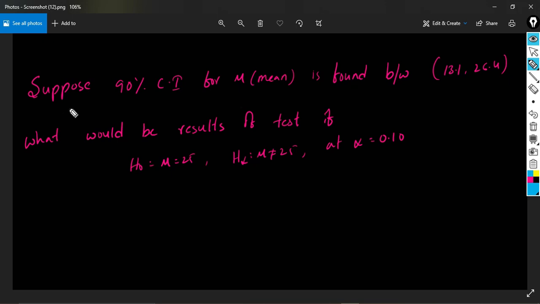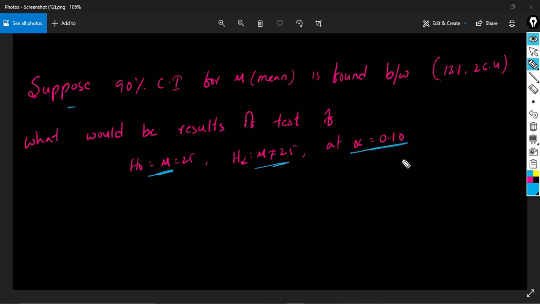For suppose a 90% confidence interval of the mean is found between the interval 13.1 and 26.4. What would be the result of the test if the null hypothesis is that the mean value is 25 and the alternative hypothesis is that the mean value is not equal to 25